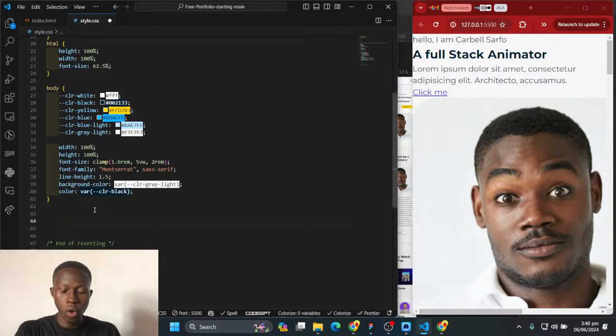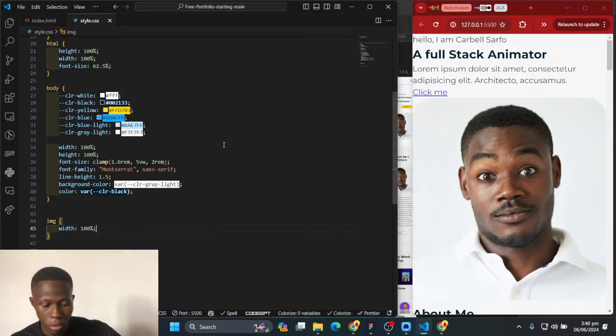So I want all IMG. IMG is for the image tags. I want all image tags. I want to do this to all image tags. I want to say that all image tags should take a width of 100%. Good. Now, let me